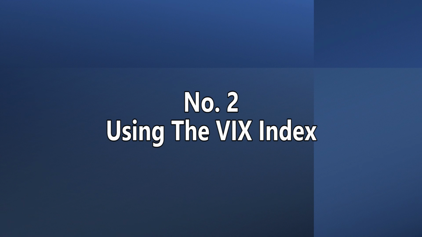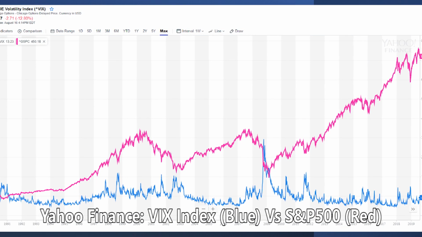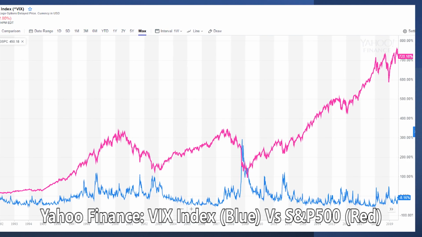Another strategy that you can use is the VIX Index. One of the ways for us to distance ourselves from being influenced by the market is by using the VIX Index. The VIX Index is a measure of how volatile the market has been lately. So when the market is feeling confused and jittery, you'll be able to observe it through a much higher VIX Index. Now, if we look at the graph, by comparing the VIX Index to the S&P 500 Index, you'll be able to notice that very often the best time to invest in the market is during times of great volatility.